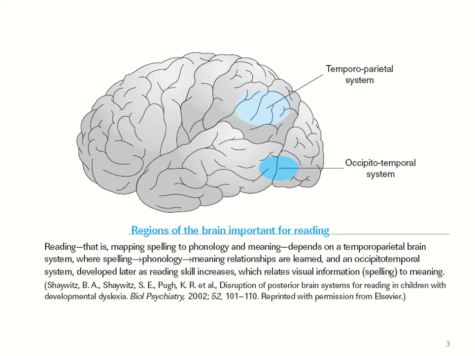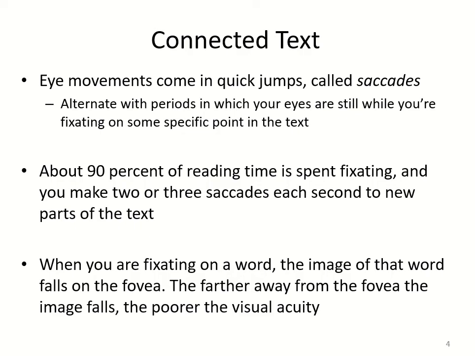Now, when we look at how people read, they actually make these jumps with their eyes that are called saccades. And you basically alternate between periods where your eye is fixating on a particular part of the text and then making a saccade to a new location and then fixating on that location again. And if you look at how the time between these two activities is divided, it turns out that about 90% of the reading time is spent fixating, and then you make 2 or 3 saccades each second to a new